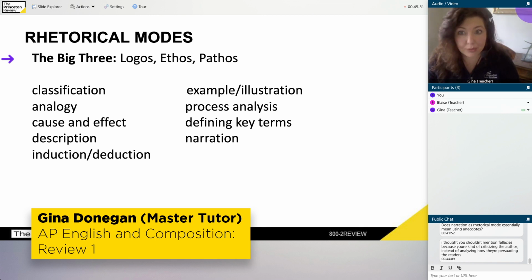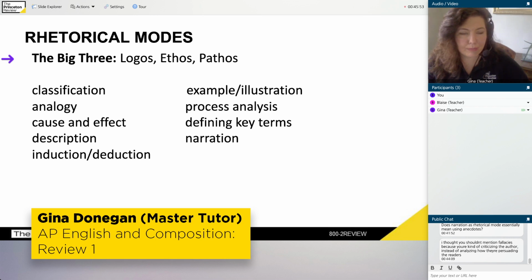But then after that, we do have those literary devices, literary terms, and the fallacies. They're all good to know about. Now, if you were taking the entire AP exam, then all of these things would be equally important, right? But for the rhetorical analysis essay, the rhetorical modes on this slide are actually your number one most important thing.